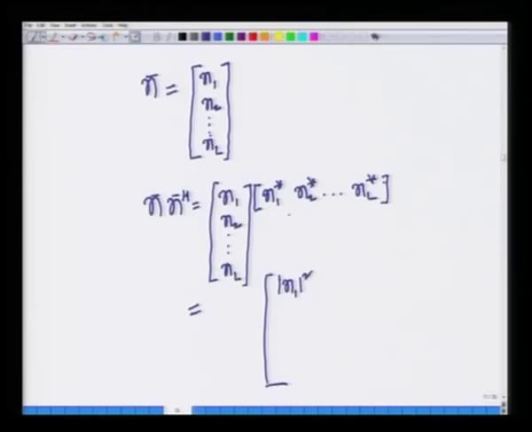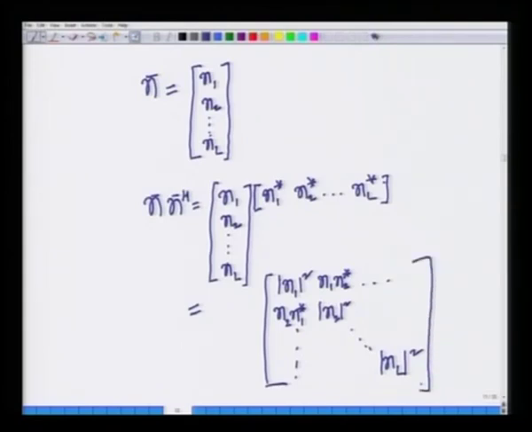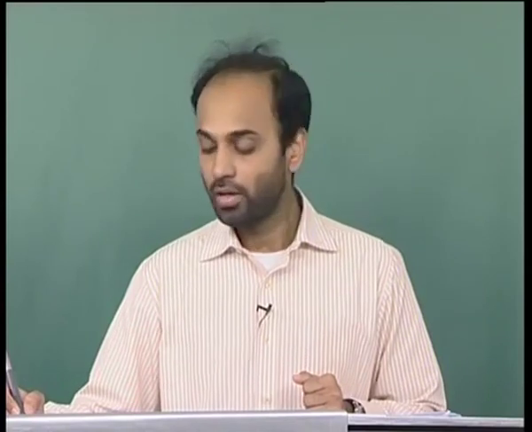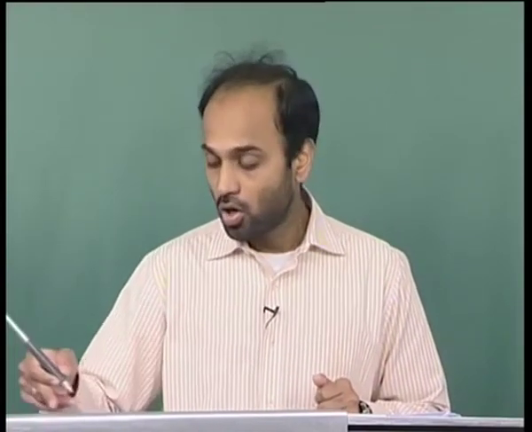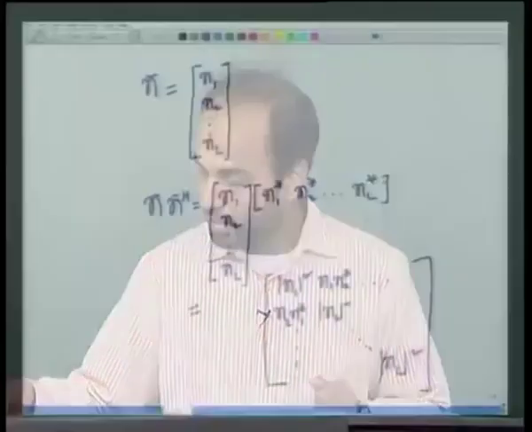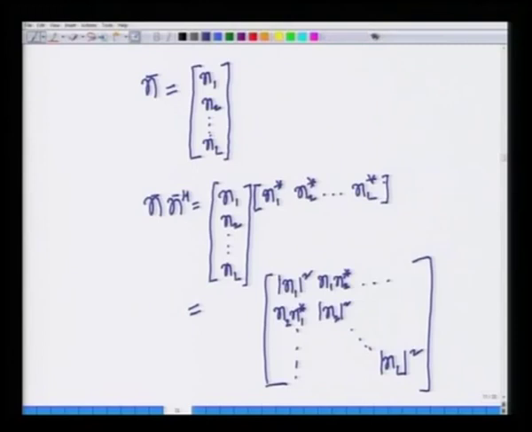Similarly, n2 times n2 conjugate will be on the second row, second column, that is magnitude n2 squared. So, the diagonal is magnitude n1 squared. The other elements are of the form n2 n1 conjugate, n1 n2 conjugate, and so on, which are precisely the cross terms that we saw. Alright. So, if I look at n bar n bar Hermitian, along the diagonals I will have the direct product terms, along off the diagonal I will have the cross terms, and we said if I take the expectation of this matrix,